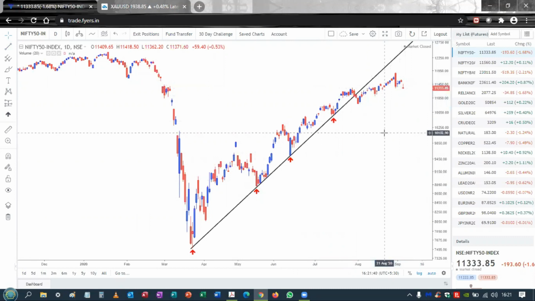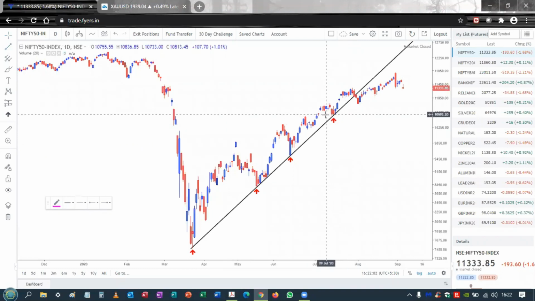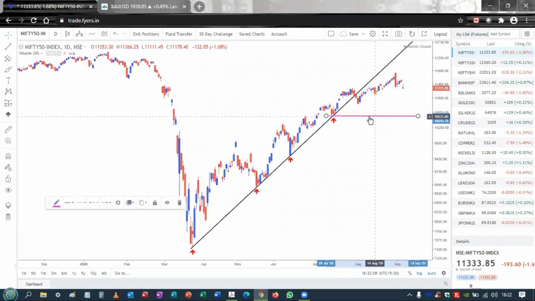One way to trade a trend line is that once a trend line breaks, you would wait for price to break below the previous support before deciding to sell. Now, in this particular case, the previous support was somewhere over here. So this could be used as a conservative level which would tell you that once this level is broken, the trend is probably reversed. However, that level, if you see, is a little far away.